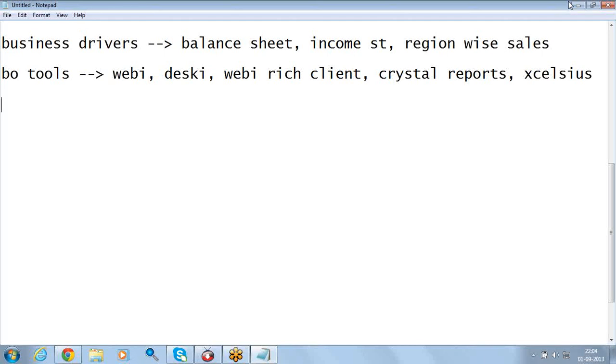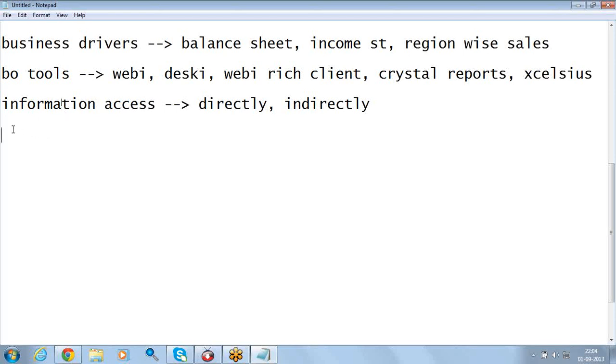A few of the reporting tools can access the information directly, and a few of them will access the data indirectly. In order to fulfill the business drivers, these reporting tools can access the data directly or indirectly.